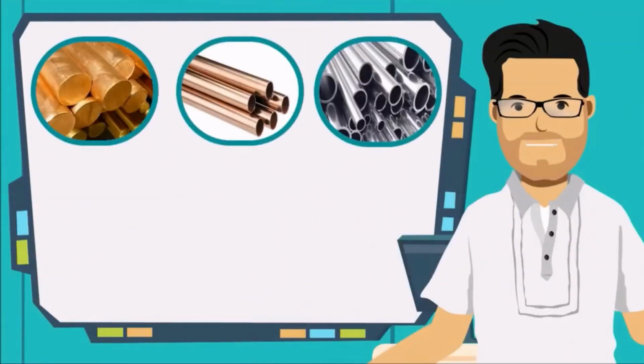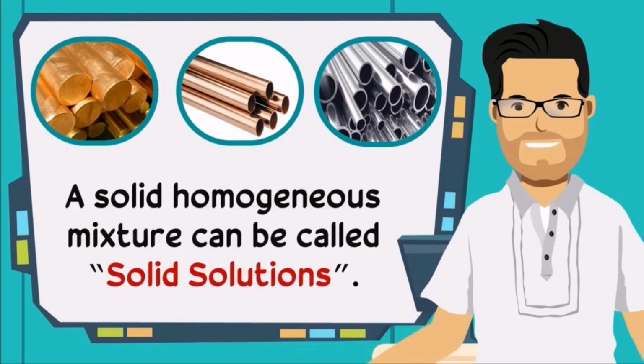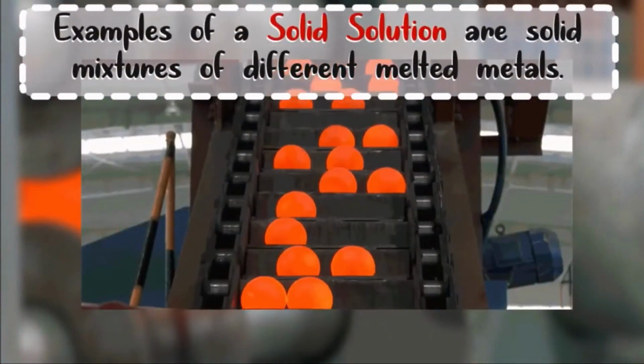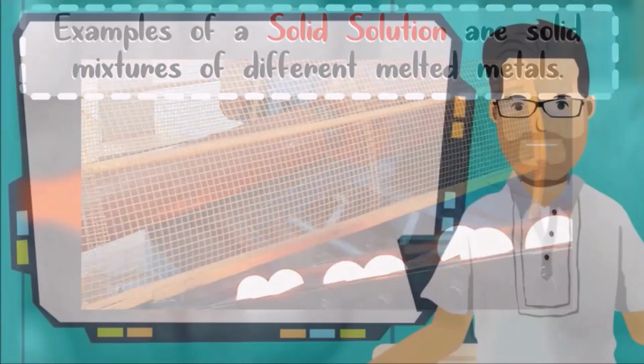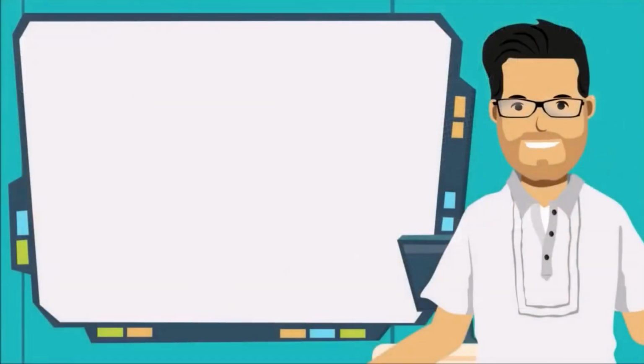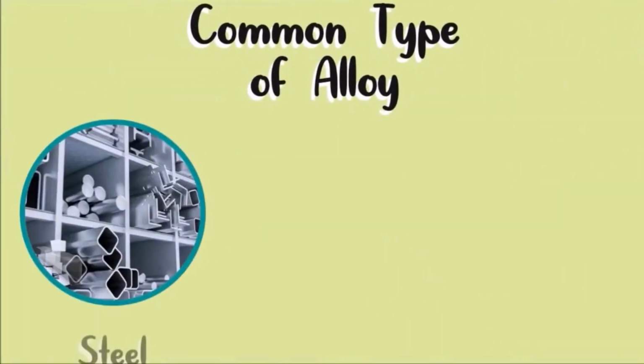Some solutions also come in solid form. Solid homogeneous mixtures can be called solid solutions. Examples are solid mixtures of different melted metals. These mixtures of metals are also called alloys. We actually see many alloys around us. The most common types of alloy are steel,